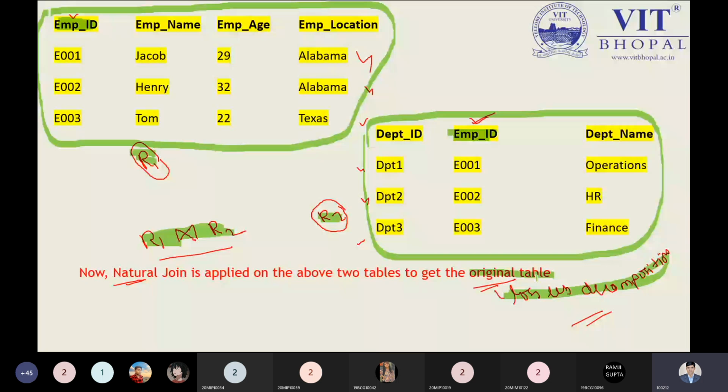That is fine. So after applying the join operation, if you are getting the same number of elements as mentioned in the original table, then it is known as the lossless decomposition. But after applying the join operation on the decomposed relations, if you are not getting the number of tuples mentioned in the original table, then you have the lossy decomposition. That is the key point you have to keep in mind.